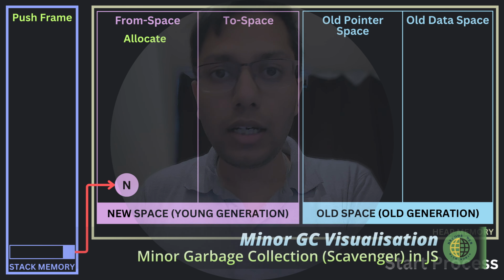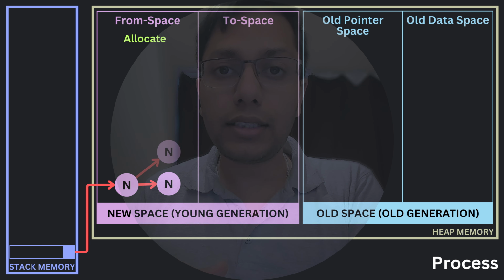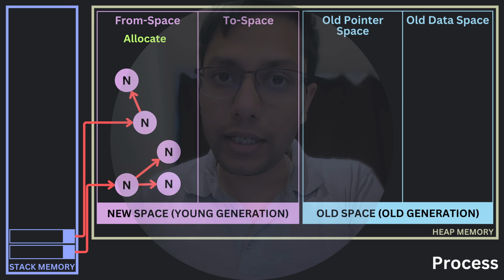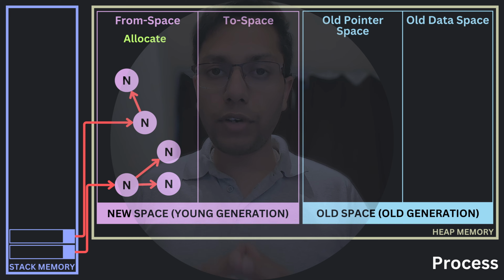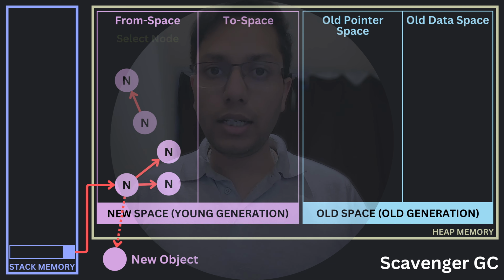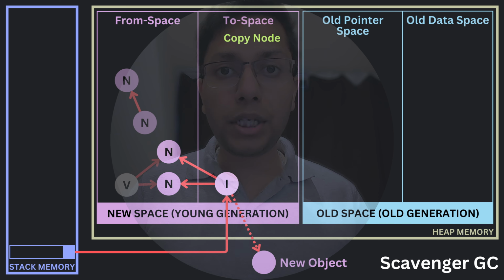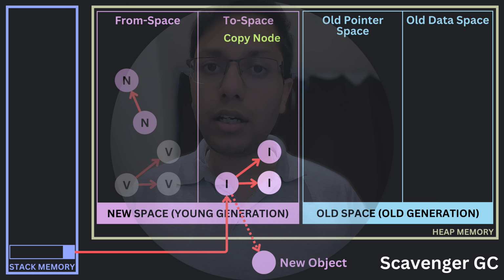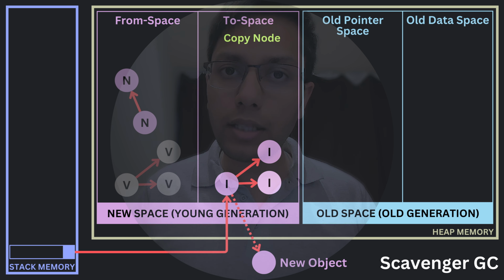When a process starts, whenever an object is created, it is allocated memory in the from space and the corresponding reference is updated in the stack or in the parent node. When the from space is full and the allocation fails, then the garbage collection process starts. It selects a node that it can find via references one by one and copies it to to space if the object is nursery, or old space if the object is intermediate, and recategorizes the object to intermediate or old respectively. And of course, the references to the copied nodes are updated in the stack or in the parent nodes.